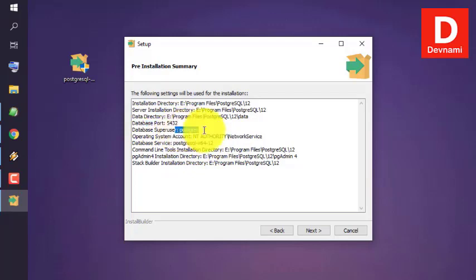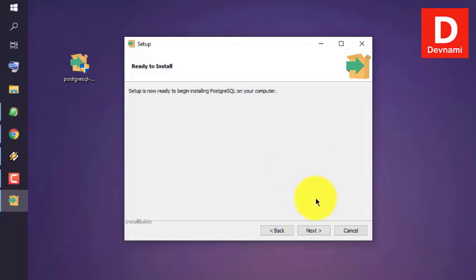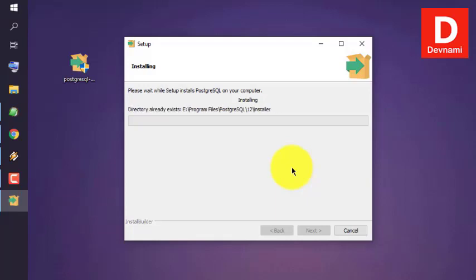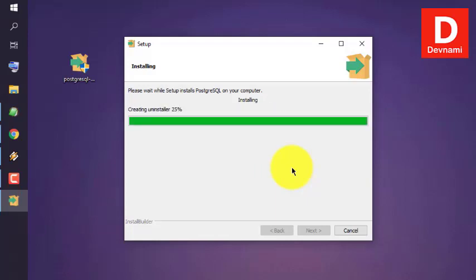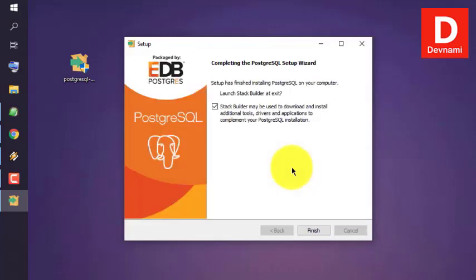Okay, so after that we will click on next. Right, so all these are listed. Let's go next. Now it will start the installation. Okay, after some time what will happen is the installation will end and it will present you with the final screen of the wizard. Okay, here you see Stack Builder will be running after the exit, so click on the finish button,